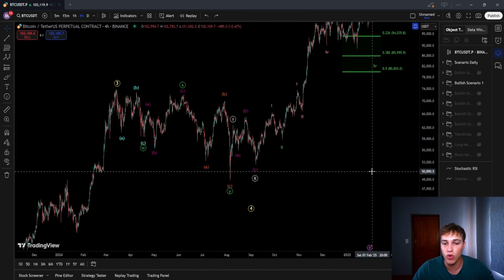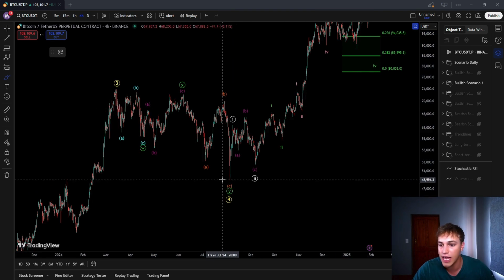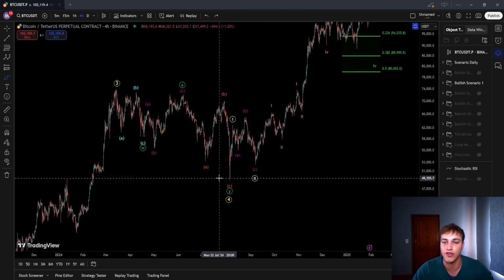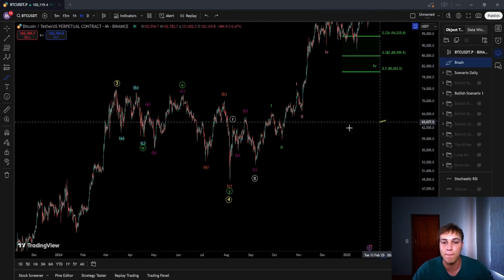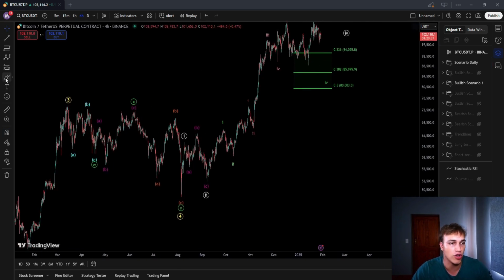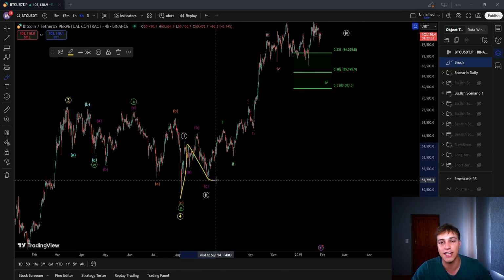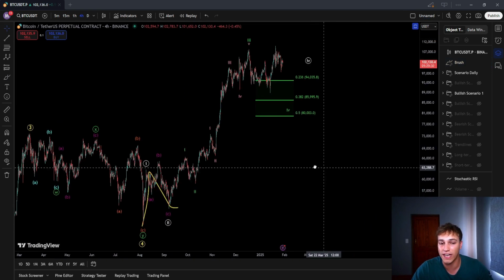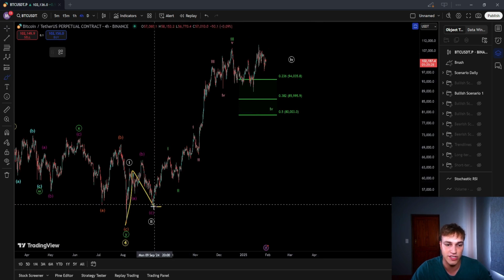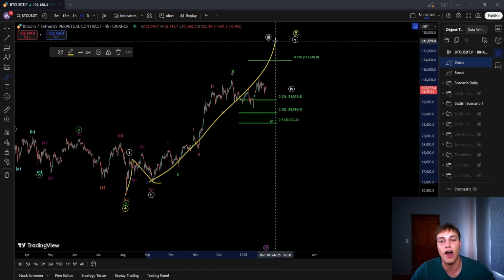Then we saw this wave 4 finish at this low here around $48,900, and now we are looking at multiple 1-2s towards the upside. So starting off with the white 1, 2 down inside this white wave 3. As you can see here, this white wave 3 here, we have a 5-wave structure that we are looking for